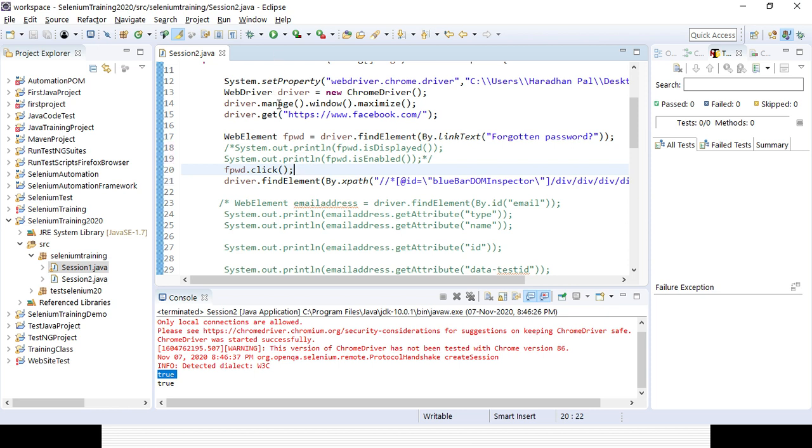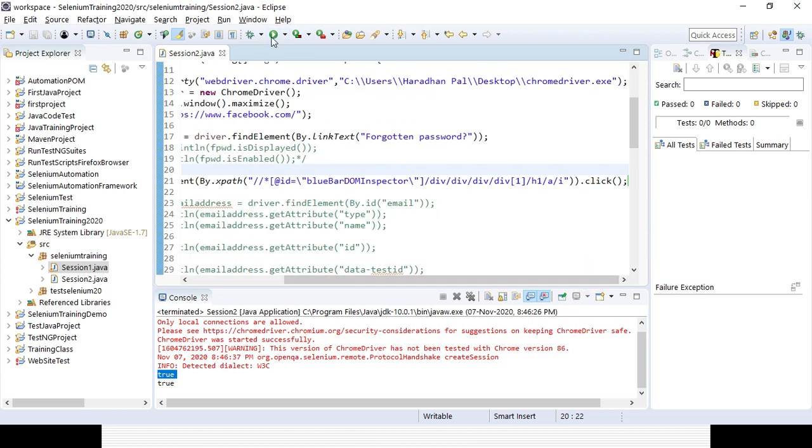In case the image is showing as a link, we can't use the partial link text or link text element locator techniques, because there is no text available, so we have to use either CSS or XPath. Then we identify the element and perform the click operation.